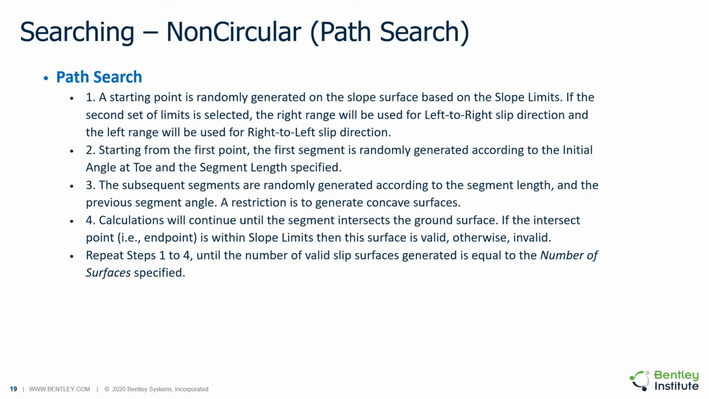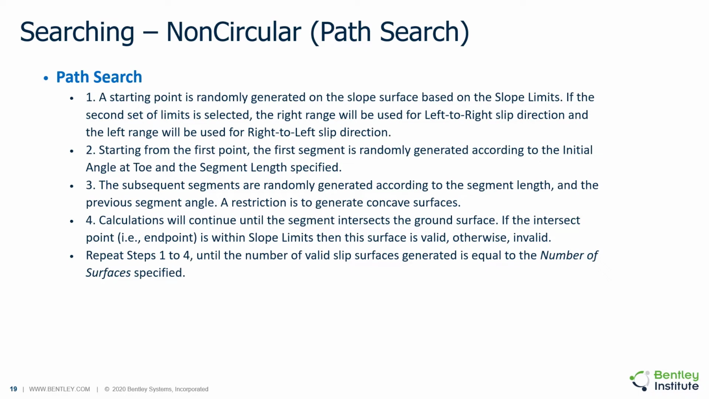The path search forms a powerful non-circular searching method. In this method, a starting point is randomly generated on the slope surface based on slope limits. It is also possible to use the method with two different sets of slope limits. Starting from a first point, the first segment is randomly generated according to the initial angle at the tool, and